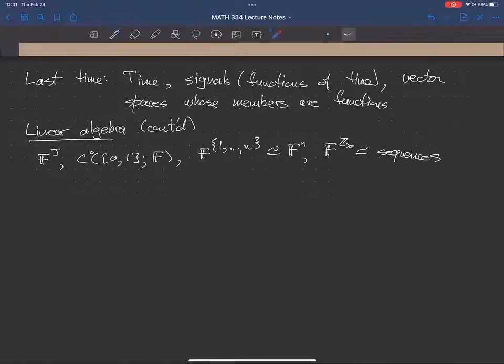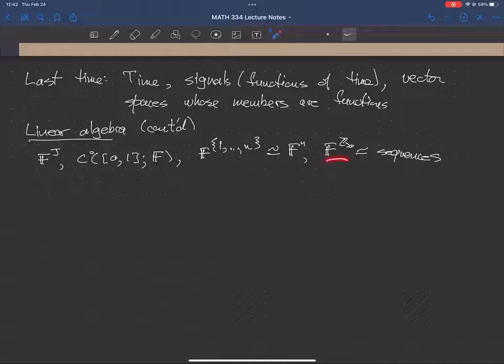That was this example, F to the J, where J is a set. This, you remember, was by definition mappings from J into F, and we looked at this in particular for two cases: one where J was a finite set, and the other where J was the set of positive integers. And in this case, we showed that the vector space is in a fairly natural way isomorphic to F^n,